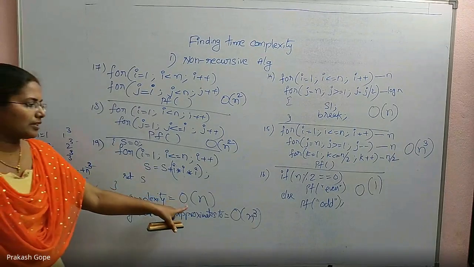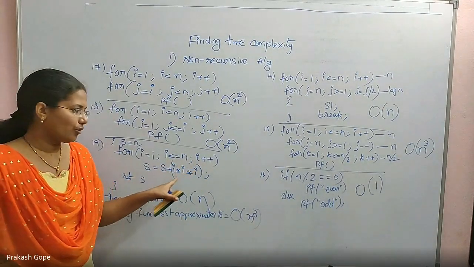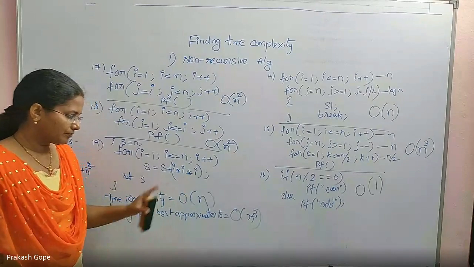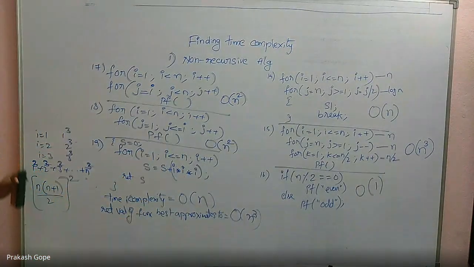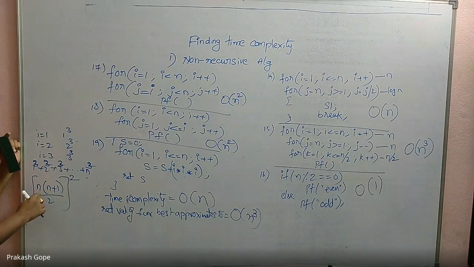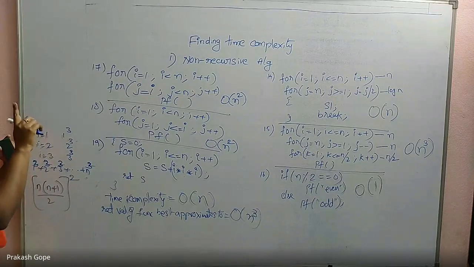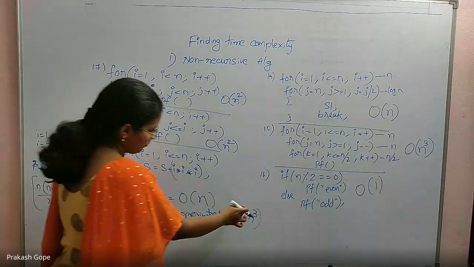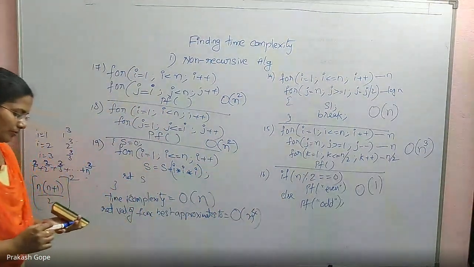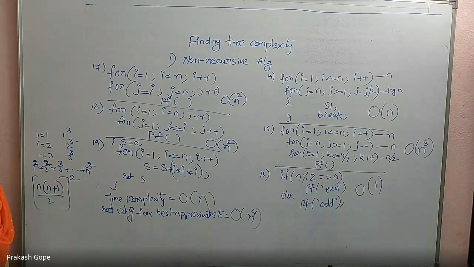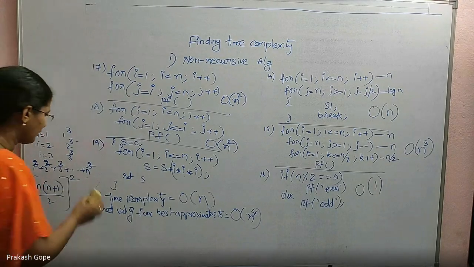Time complexity again doesn't change because it is just one for loop. What we are doing inside doesn't matter. But for the return value, what we are doing inside is also important. And this is what we are trying to find. Inside it is n square, on top of it whole square. So it is n power 4, right? So the return value of the function best approximates to n power 4. Now you understood the difference between time complexity and the return value of the function, right?